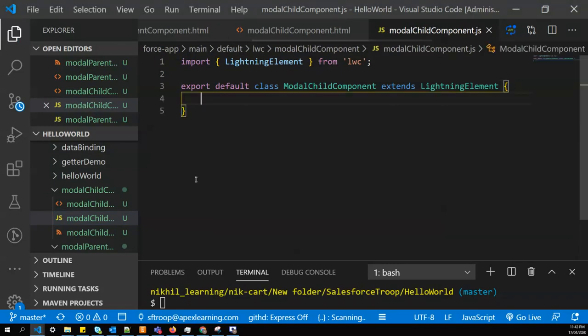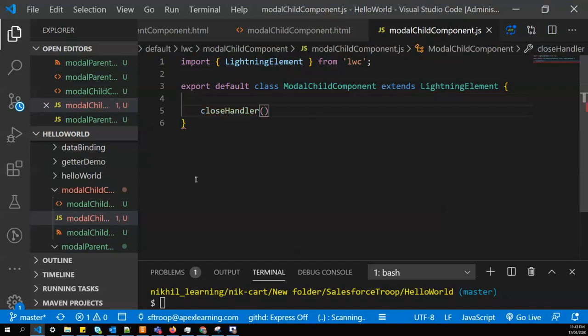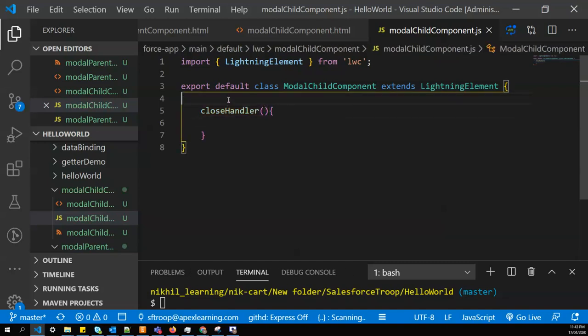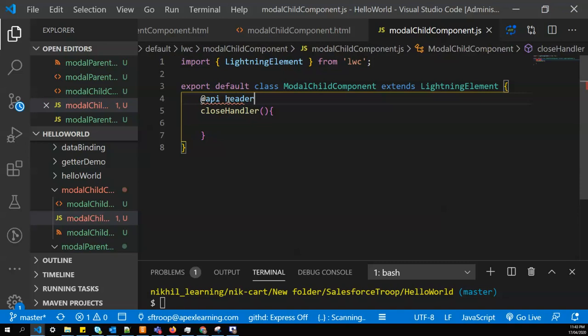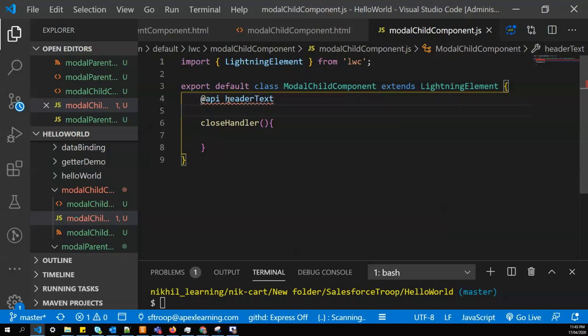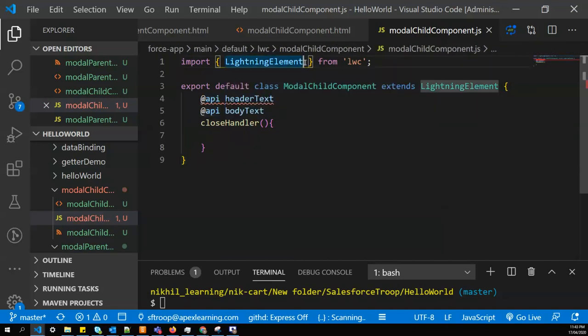Let's define our closeHandler function. We are expecting the parent to pass us header text, and body text, and import the API decorator from the LWC module.